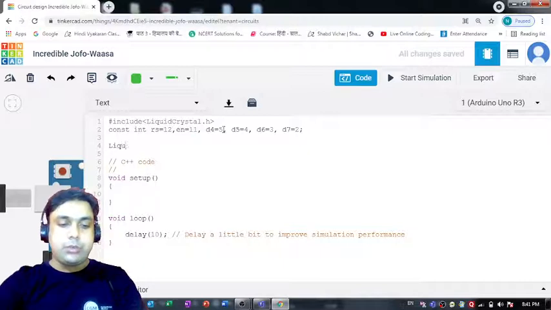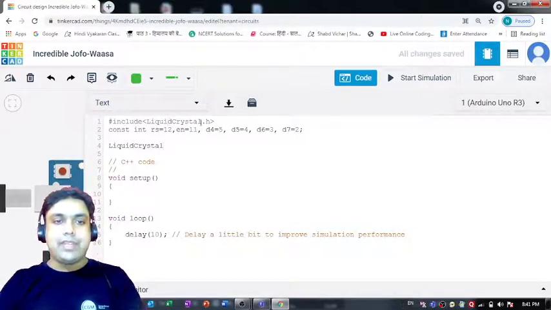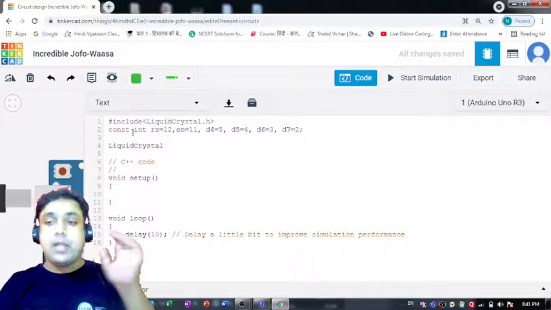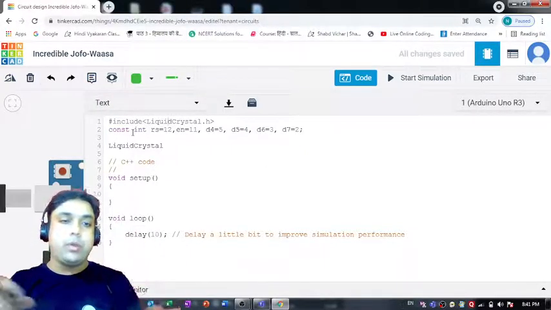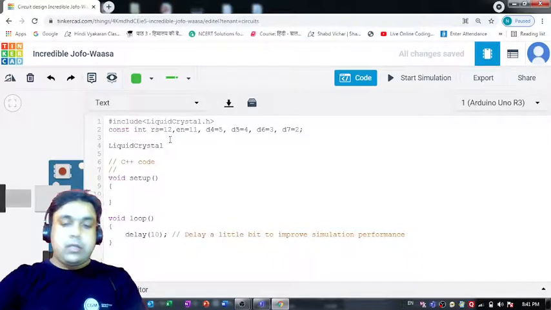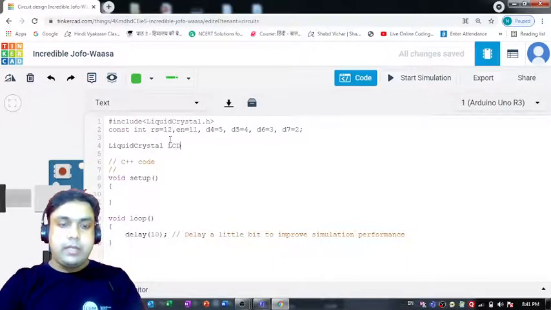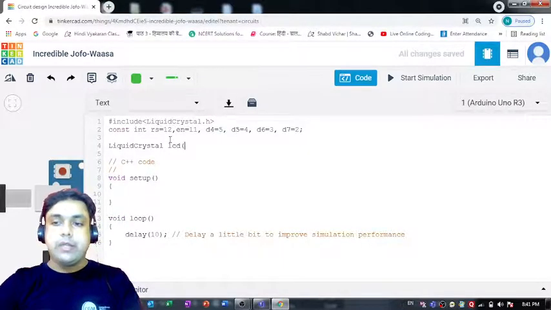Now let's use this LiquidCrystal. LiquidCrystal.h is the library that you have to keep in mind and import when you're working with an LCD. So LiquidCrystal lcd, and we are going to pass all the integers which we have defined over here as parameters to this function.